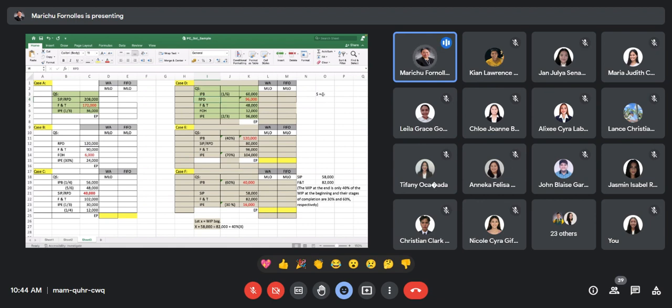Okay, so those are the 3 possible sources: from last month's production, or work in process beginning. Another source will be from current production, or what we identify as SIP, started into process. And the last one will be RPD, and that is only included in the quantity schedule of a subsequent department.